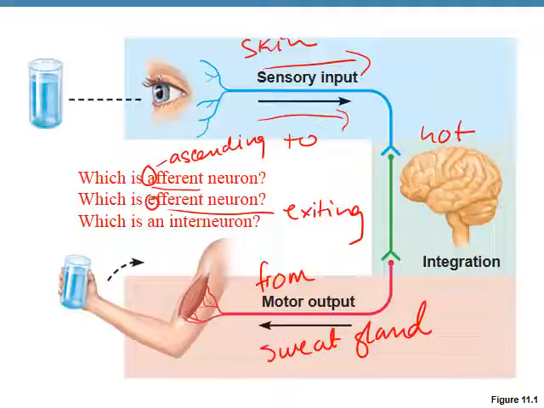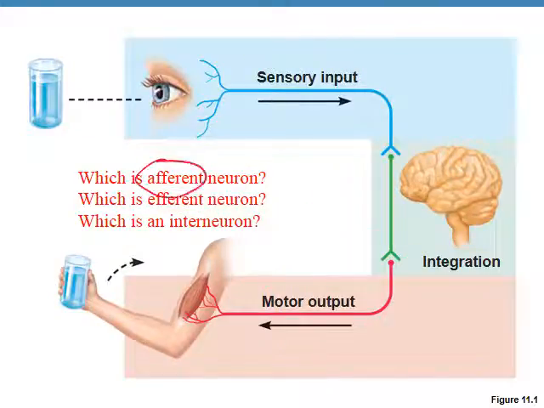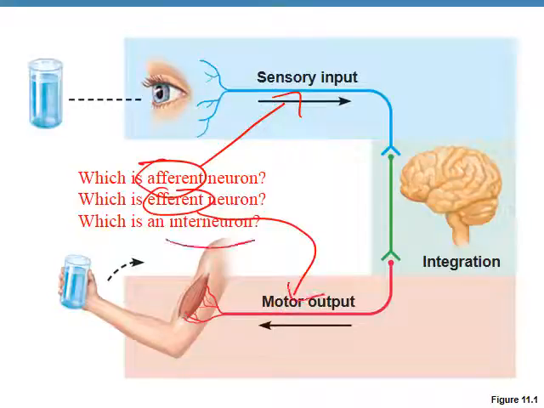In this example, this person is looking at a glass of water, how full the water is. It's sending that sensory information to the brain, and then there's an integration neuron, a neuron between the sensory and the motor. That's basically the decision maker. And then we send a message out through motor output, or efferent neuron. So you should know all of these terms. You should know that afferent is sensory, efferent is motor, and the interneuron is the connection in the brain between the two.